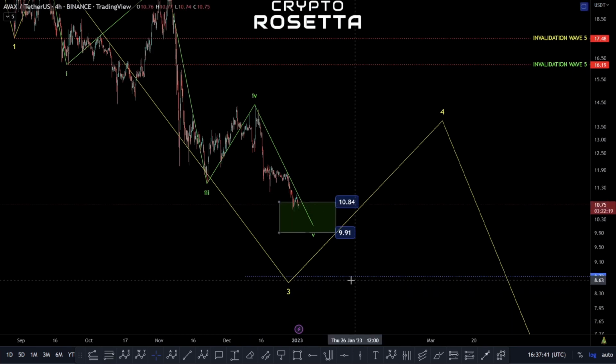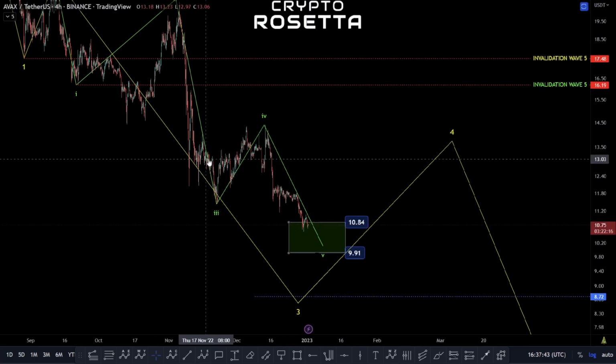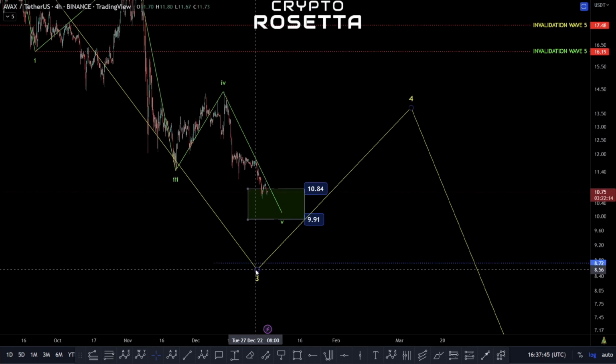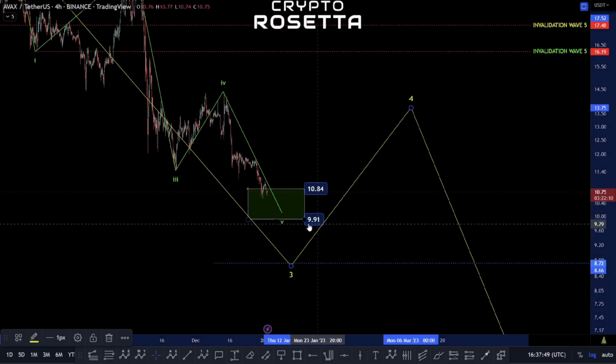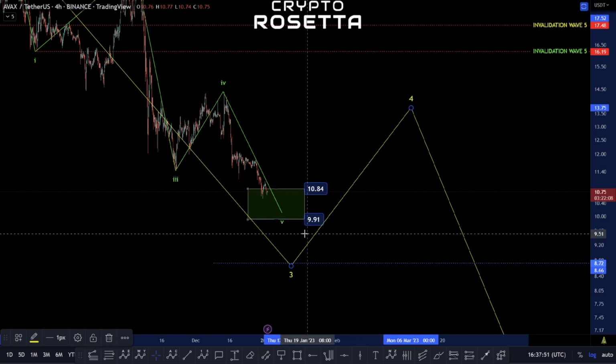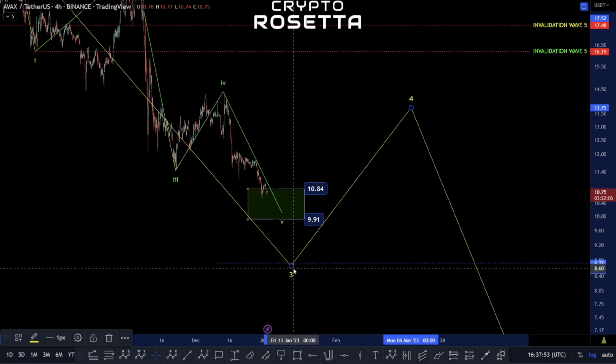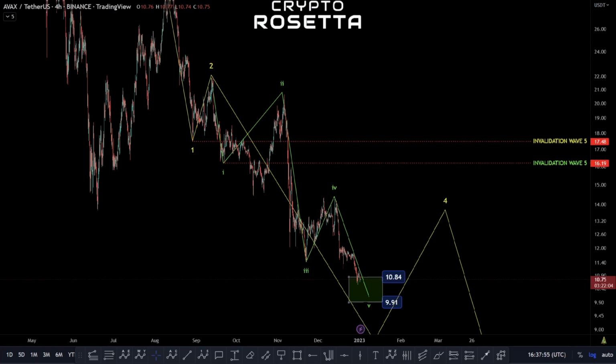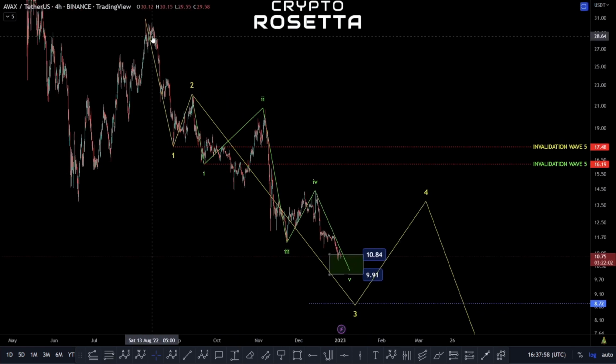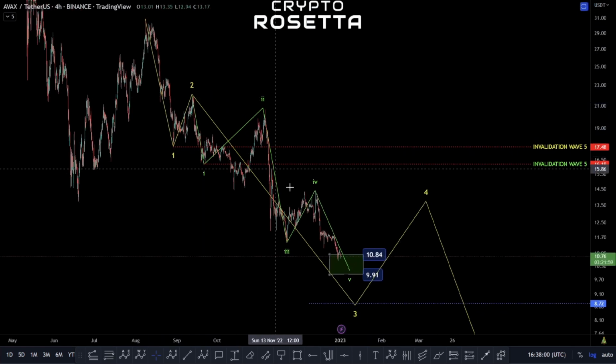The difference within this option is the typical wave 3 within this would actually be looking to target out this $8.72 zone. So if we do continue to actually break down from here, and we do continue to blast through this $9 area and move down towards this 862, then I'd actually be more inclined to just look at this as a bigger impulsive structure here, where we have this as a 1, 2,